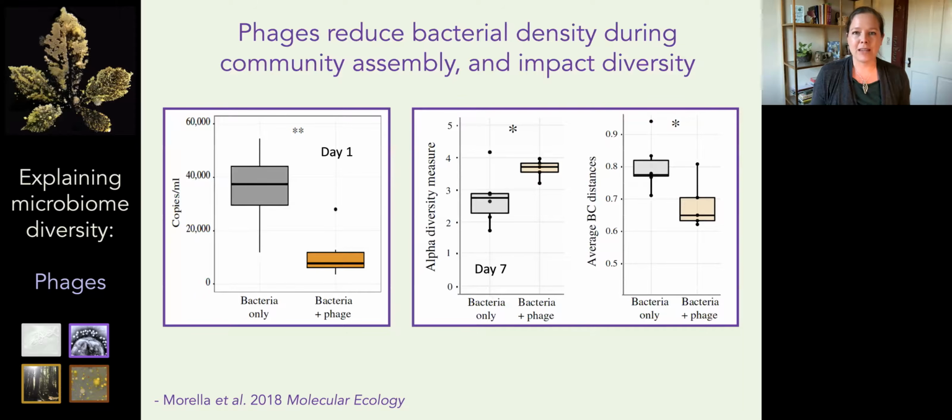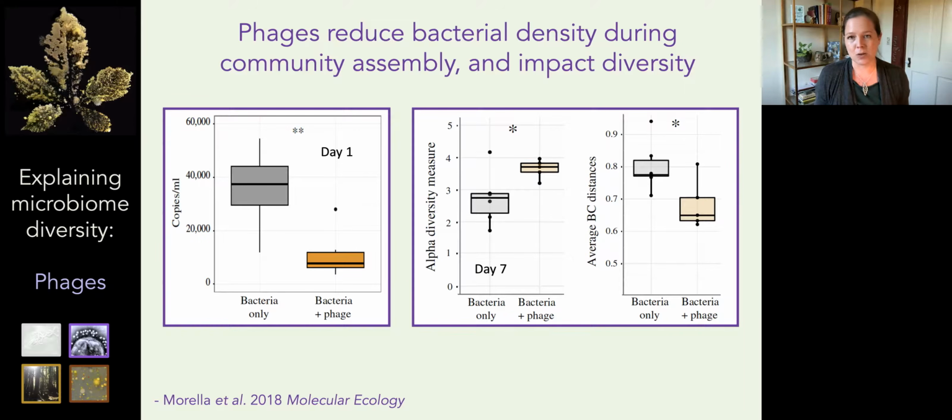So I'm showing all the data at once, but I'll walk you through it slowly. If we start on the left here, this is our result of droplet digital PCR to measure overall abundance of the whole community. We used a 16S probe that will tell us how many bacterial cells, independent of taxa, are on the leaf. And what we found is that if you spray the same inoculum, but just the bacterial component of it, you get a lot of growth during that first day of colonization. But if you recombine that bacteria, that same inoculum, with its phage, then you see much reduced abundance.